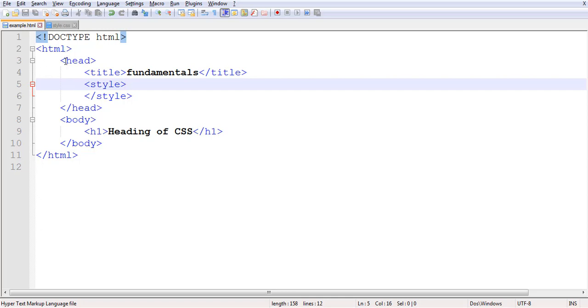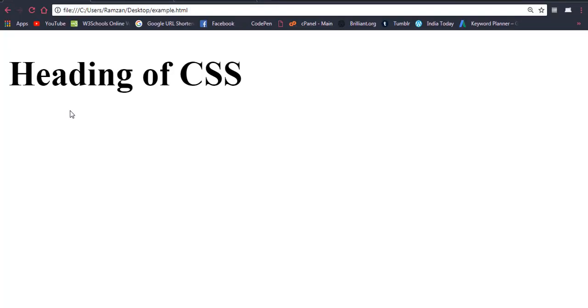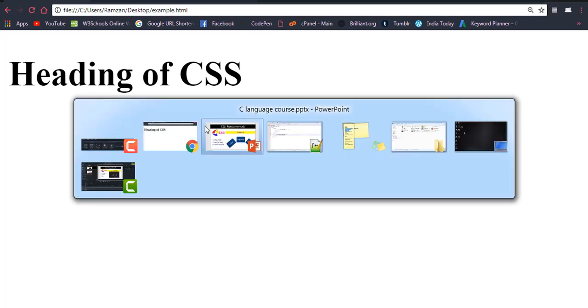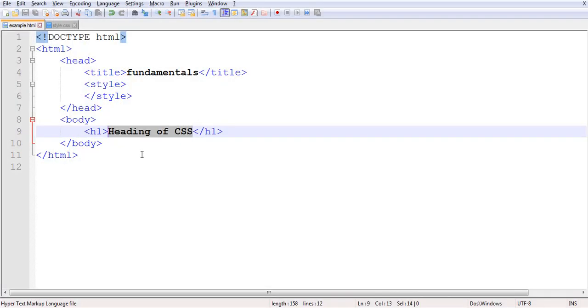So here is the simple structure of HTML, then head tag and then body tag. I have used an h1 tag, inside of which I have the heading text CSS, right? So if you see the output screen, this is the heading of CSS. Now if we return back to the editor, right now I want to give some CSS to this